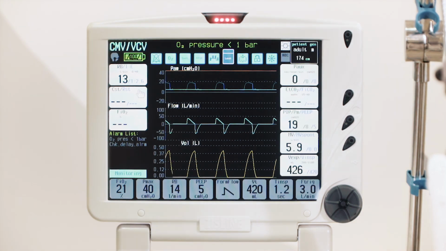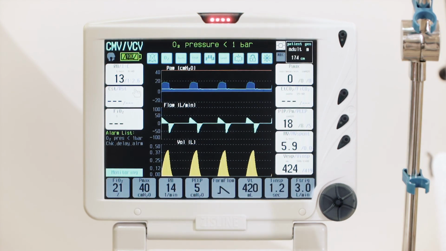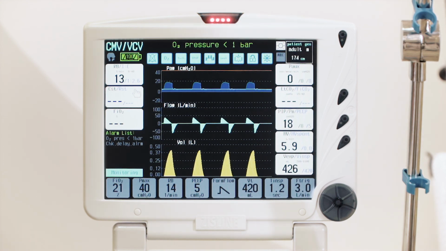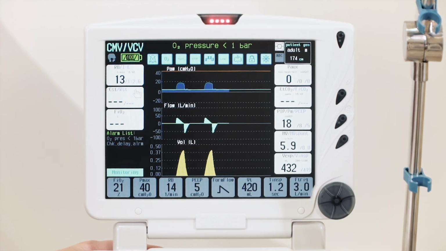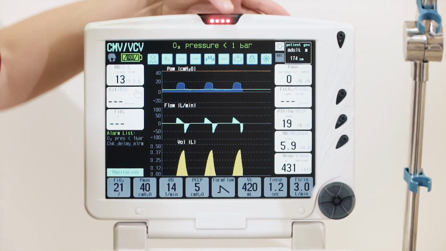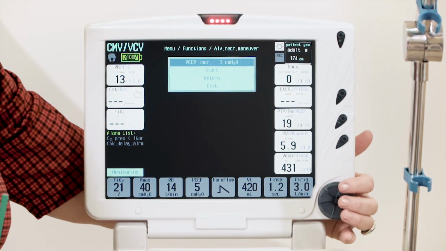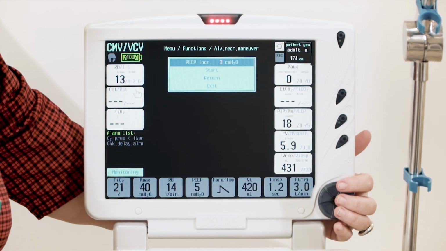Enabling the function is impossible in the following cases: if set PEEP is more than 25 cm of water, if total pressure, including PEEP increase plus 5 cm of water reserve, exceeds Pmax, or if the SAI, leak compensation or suction function is enabled. You can set the value of PEEP increase from 3 to 25 cm of water.